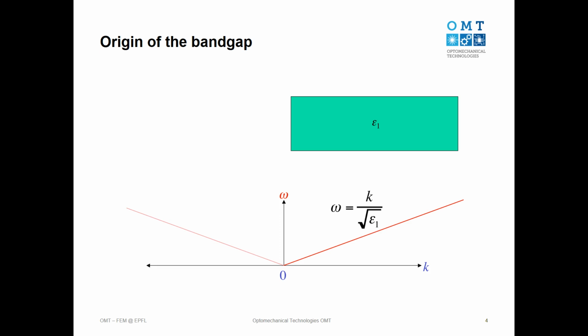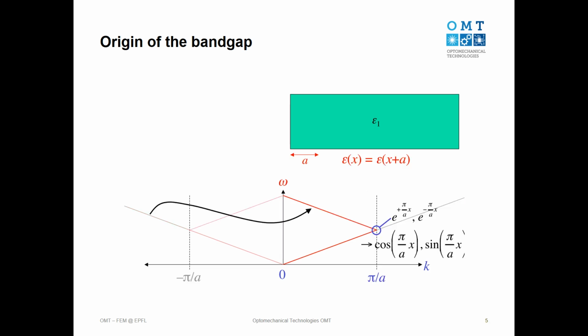Just imagine that you have a medium with a permittivity epsilon 1. So the normal dispersion for this medium would be omega equal to k over the square root of epsilon. And since my dispersion is even with respect to k, it will be mirrored with respect to this omega axis. So what happens if I